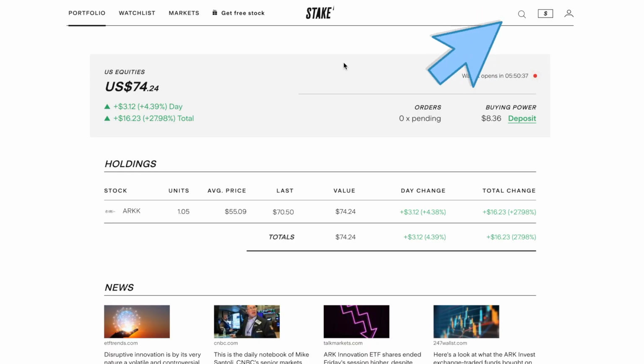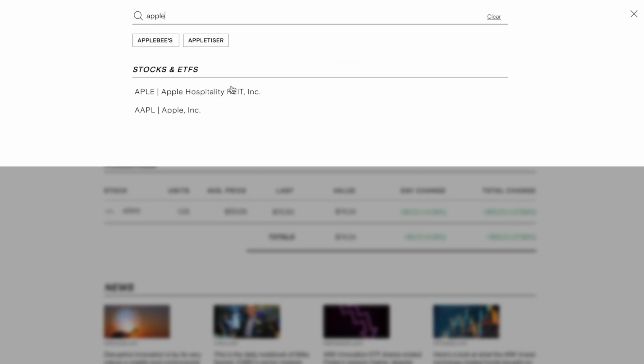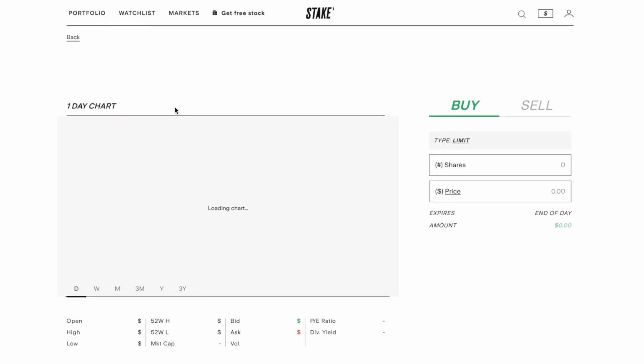Once you have all of your personal information verified, this is what the home screen will look like. Say for example, I wanted to buy some shares in Apple for my dividend yielding company. I'll just go up to the search bar here, type in Apple, and then hit enter. As you can see, Apple pops up here, and there's a lot of